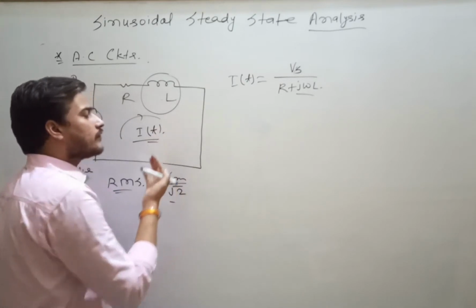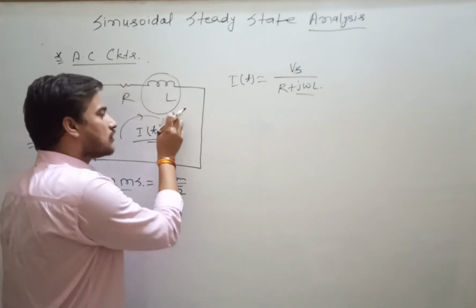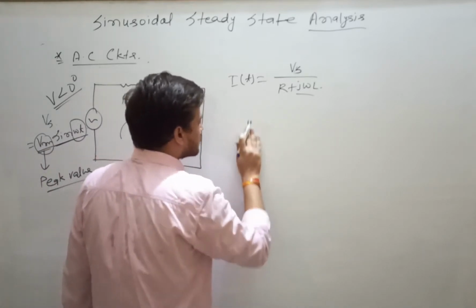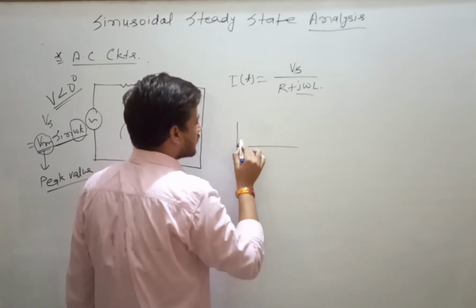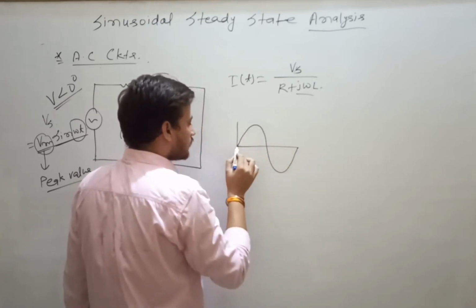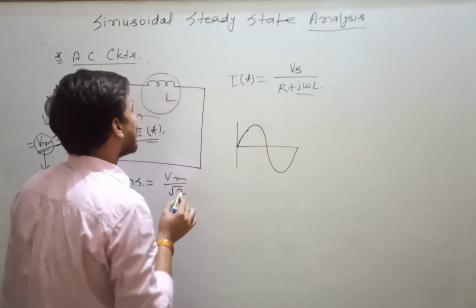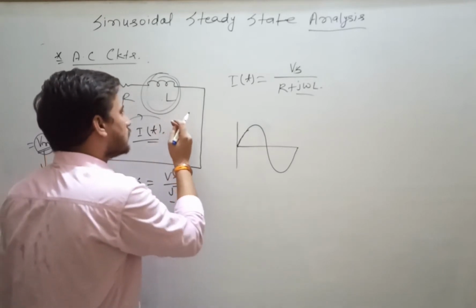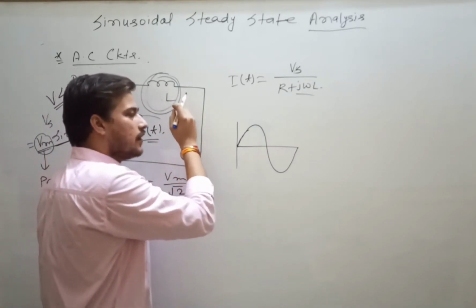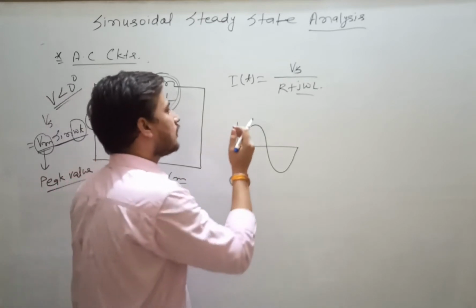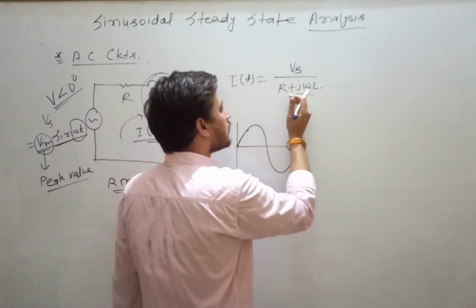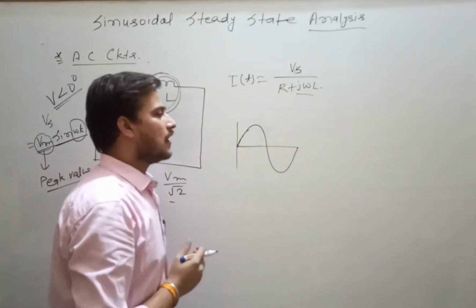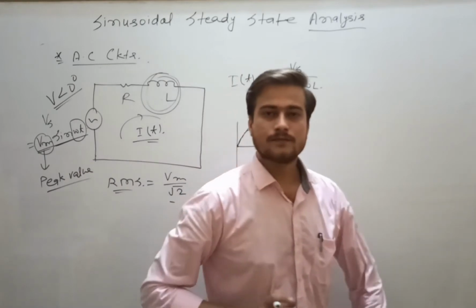You know the property of an inductor. An inductor acts as an open circuit when the supply is connected. That means the moment the supply started increasing, suppose you have given the voltage supply like this one, the inductor is behaving like an open circuit. Now gradually the current will start increasing in the inductor. So that's why when you are giving an AC supply, you see the current in the inductor is lagging by some angle. Clear?